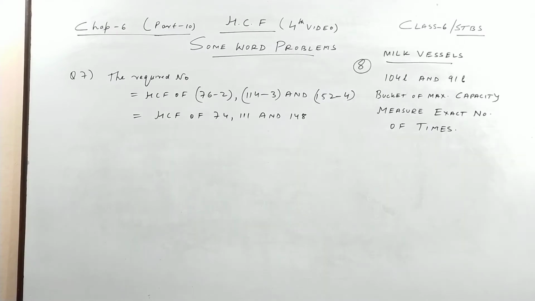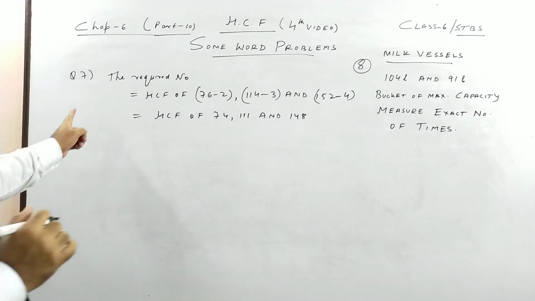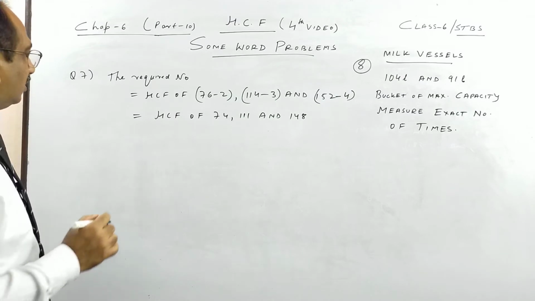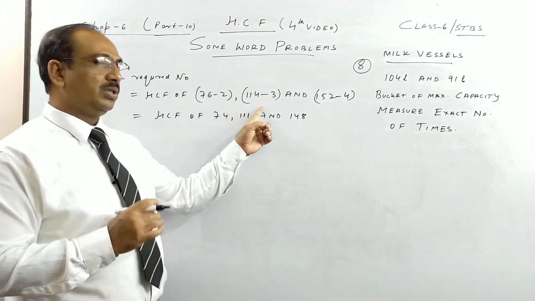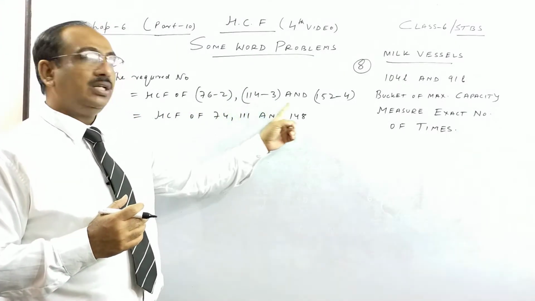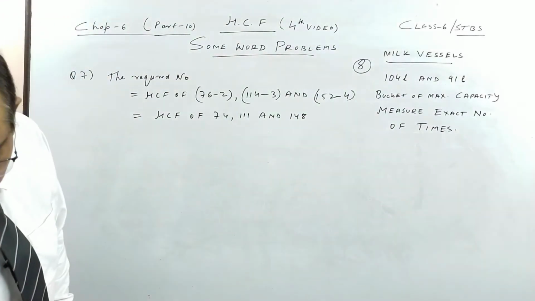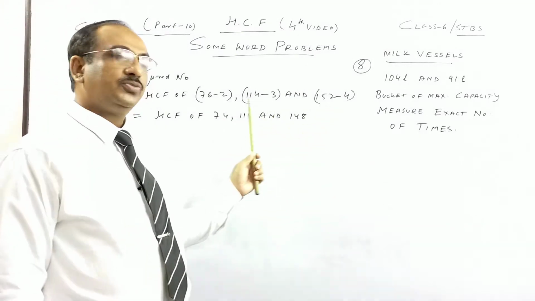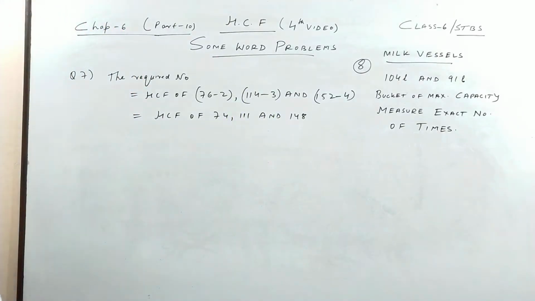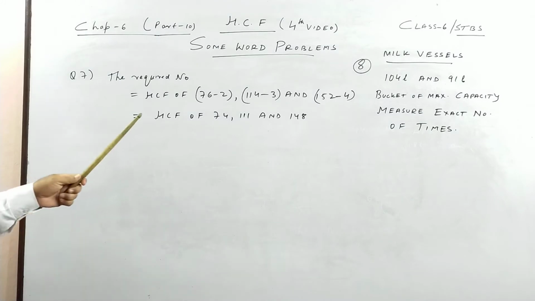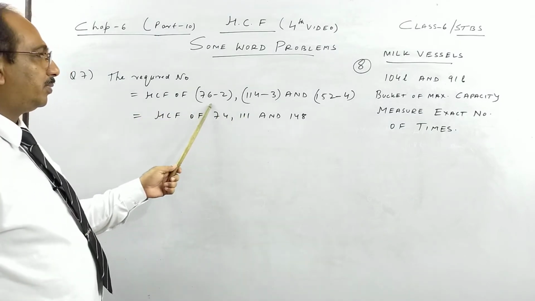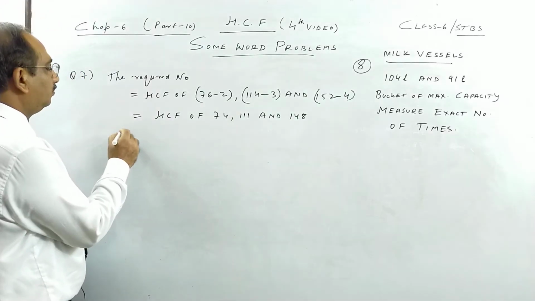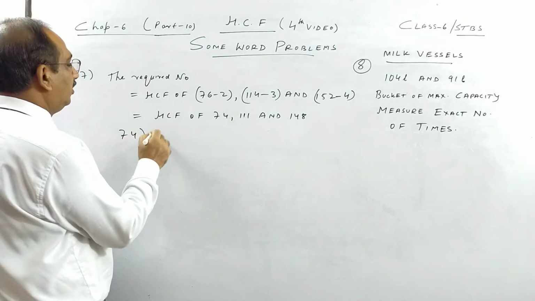So next we move on to a very similar question. If you see, number 7 is very similar to number 6. Here we have 3 numbers, but the difference is there we had remainder 3 in each case, but here we have remainders 2, 3 and 4. So we don't subtract 3 from all the numbers, we subtract 2, 3, 4. So the final answer is HCF of 74, 111 and